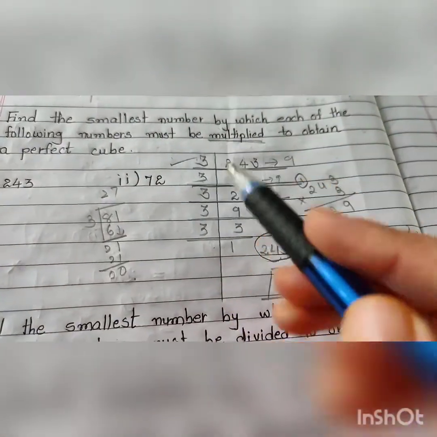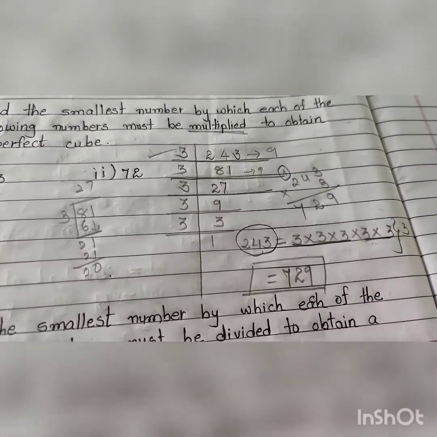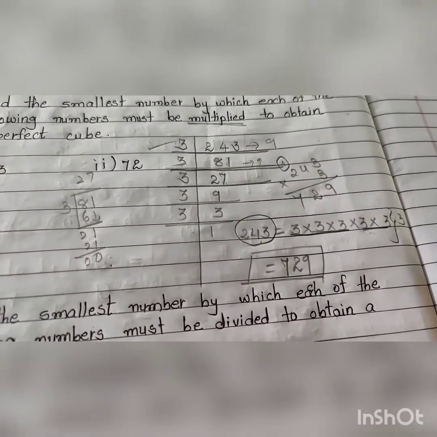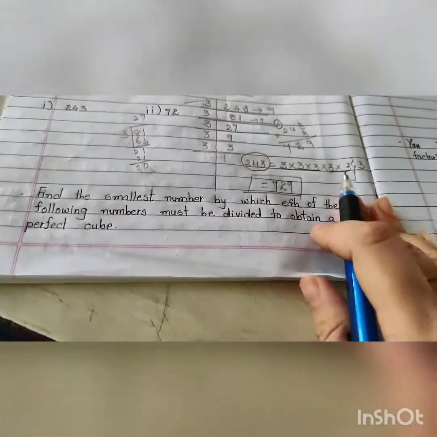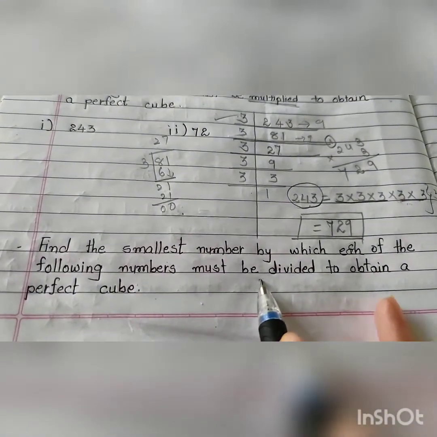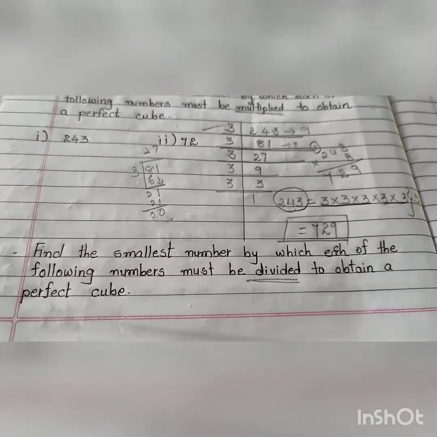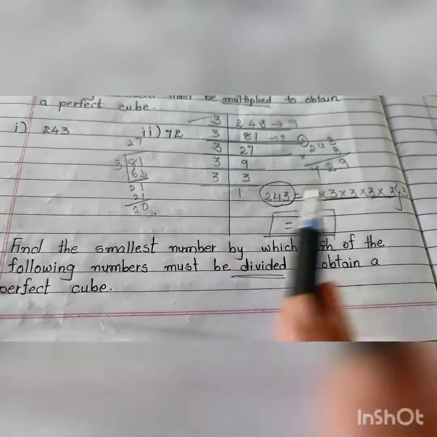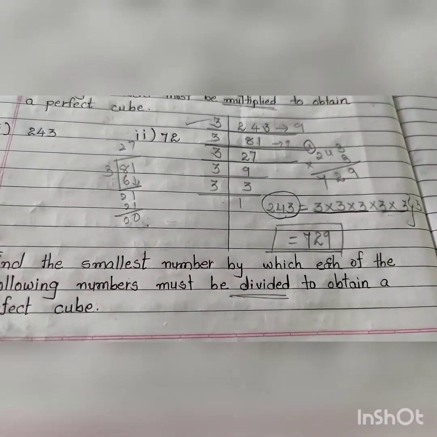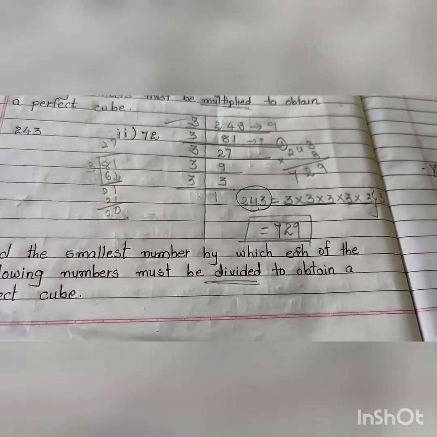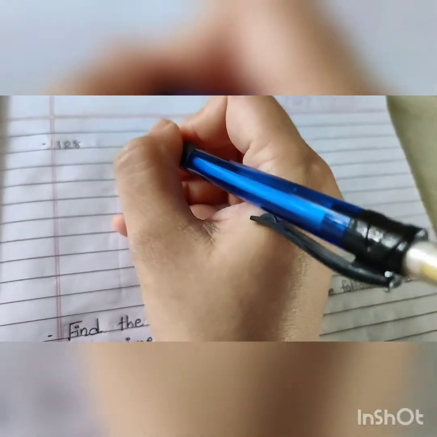So there are 2 steps. You need to find out the prime factorization. With the help of that, you have to check which number is not forming a group of 3. By that number you will multiply. Is that clear? Similar way, इफ दे आर आस्किंग यू फॉर डिवीजन, यानी आप कौन से नंबर से डिवाइड करोगे, सो इन द सिमिलर वे यू विल फाइंड आउट द नंबर्स, और ऐसे जो भी नंबर आपका 3 की ग्रुप में नहीं होगा वही नंबर से हम उसे डिवाइड कर देंगे.